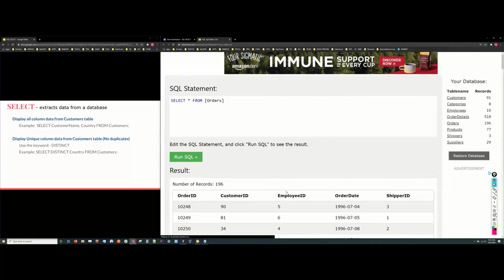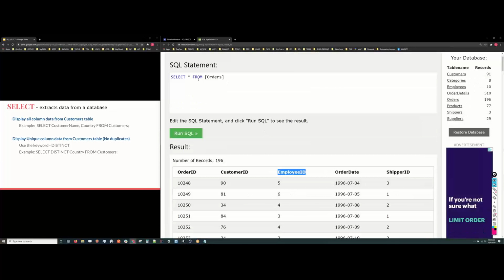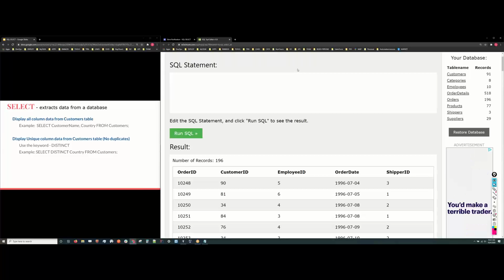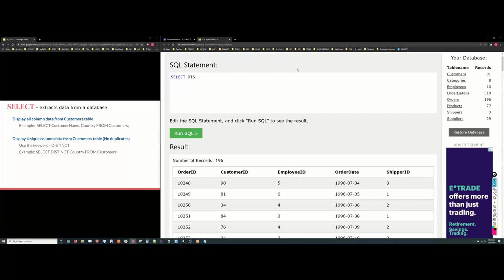So if I wanted to get distinct employee ID, then what I could do is, how about Shobos, tell me what to write on here. Select distinct employee ID from